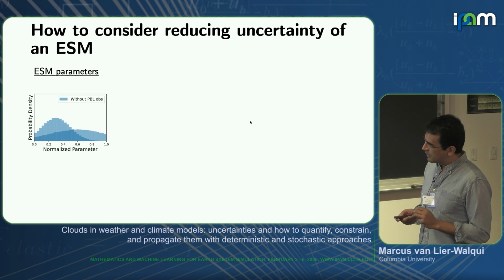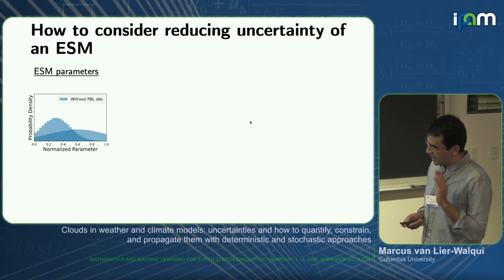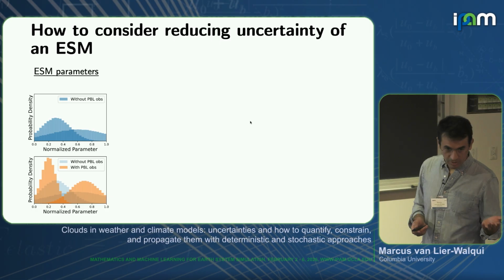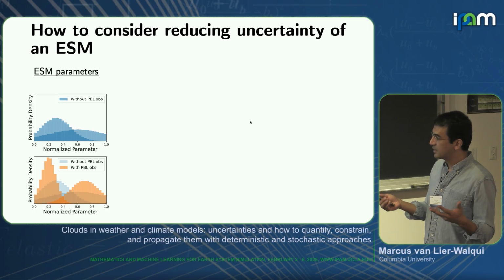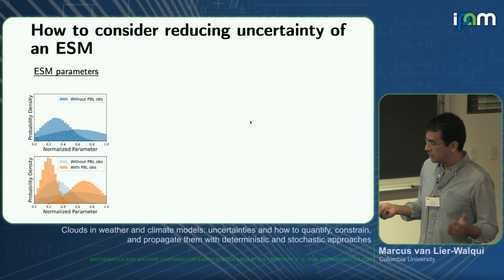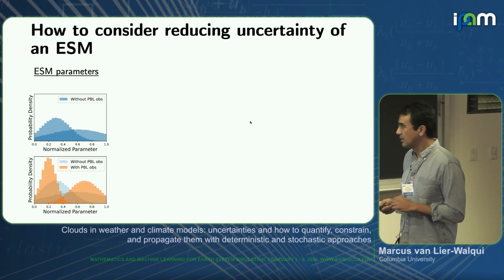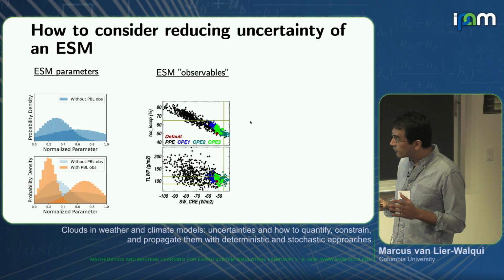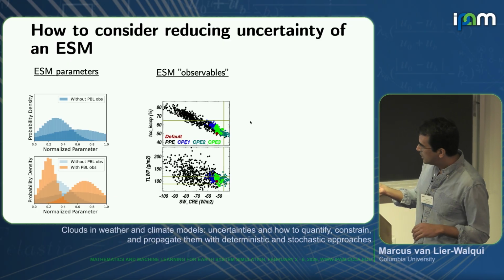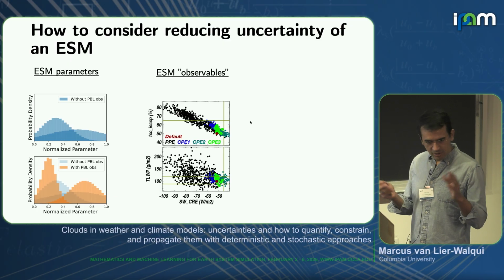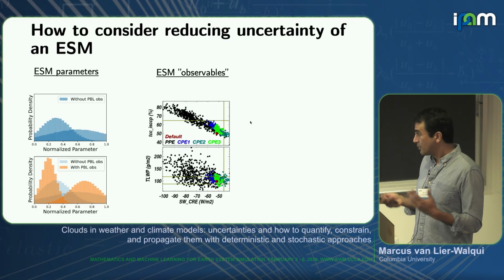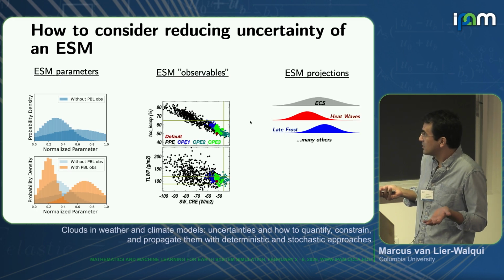Okay, now if we think about this also, I think there's another step that we need to take because, right, you can think about, okay, I reduced uncertainty in parameters. Okay, great, yeah. Who cares about that? Like ten climate modeling nerds in the world, maybe. Or you can start talking about reducing the uncertainty in observables, right? Some liquid water path, and okay, how many people care about that? Maybe 100 climate nerds in the world. But really, these things only matter to us, right?